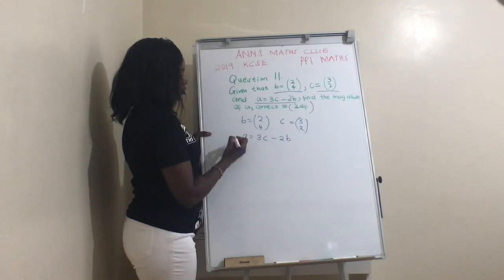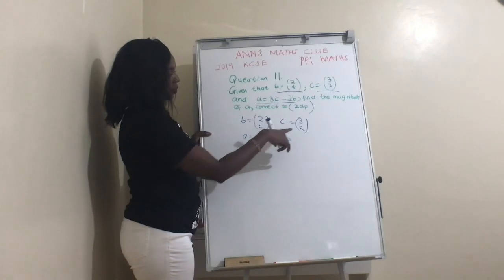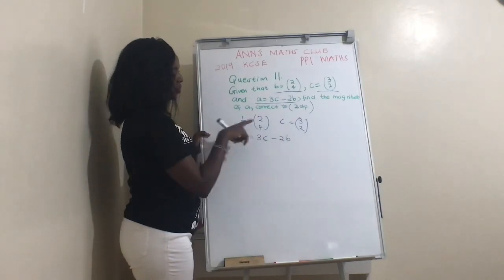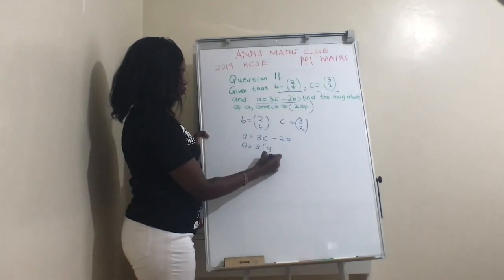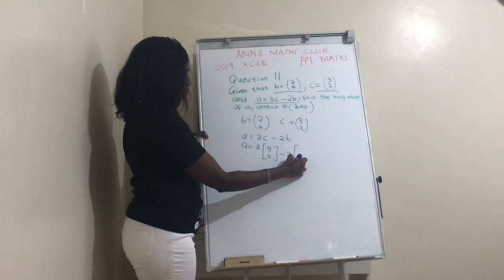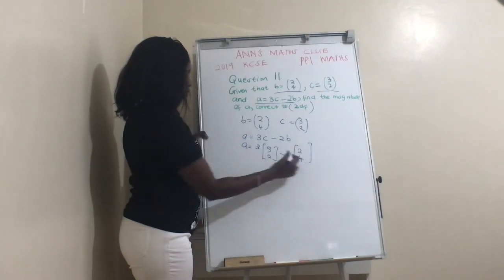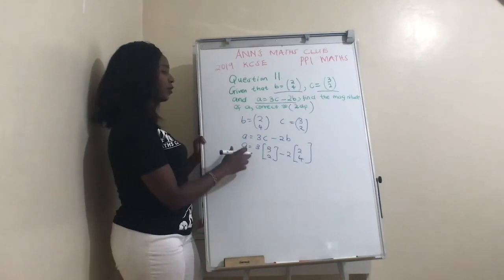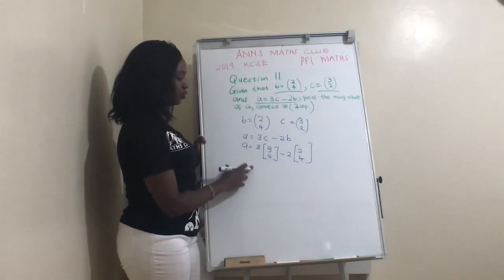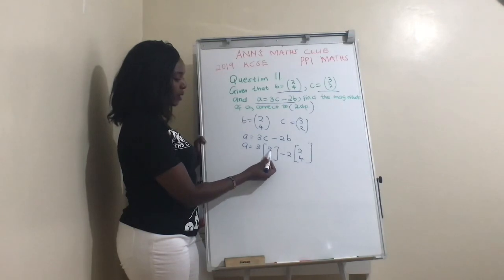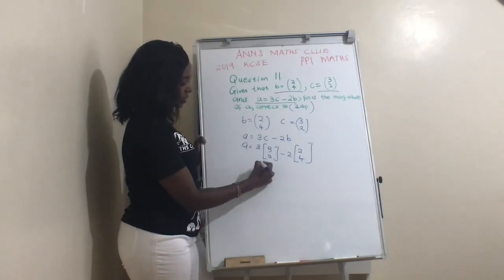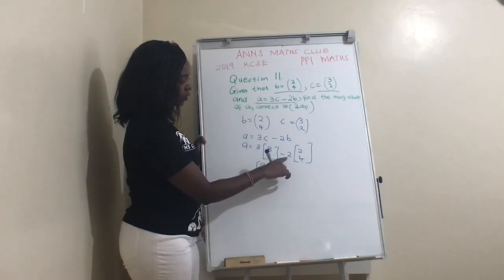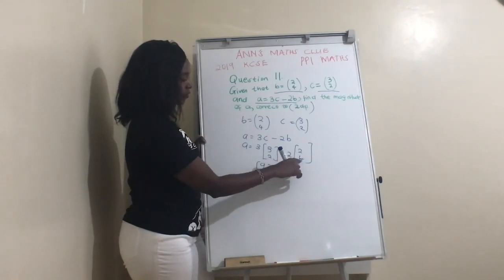So first, what you need to do, you replace where we have C with C, because you've been given C, and where we have B with B, because we have B. So A is equal to 3 times (3, 2), minus 2 times (2, 4). So when opening such, remember this is vectors, what you need to do, you will take this 3, you multiply by 3, and 3 again you multiply by 2. So it's going to be 3 times 3 is 9, 3 times 2 is 6, that is how you do it, minus 2 times 2 is 4, 2 times 4 is 8,